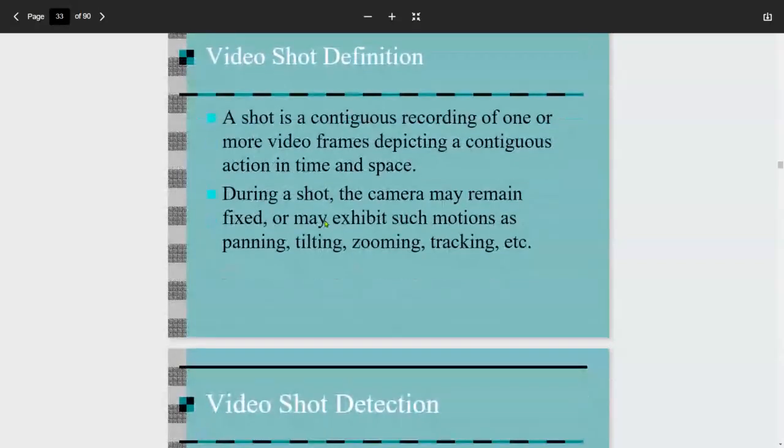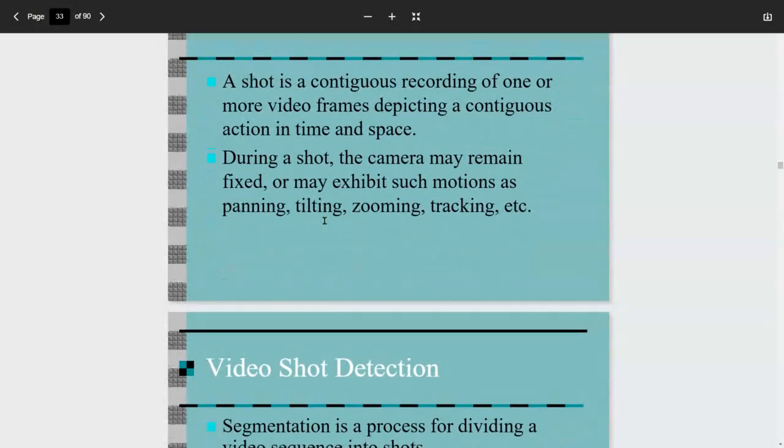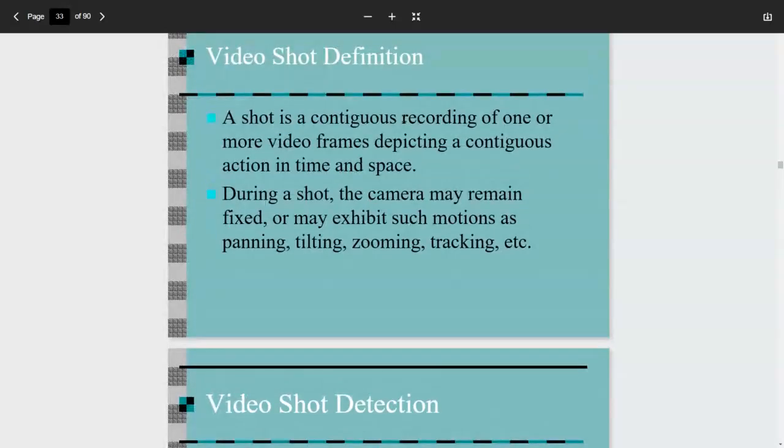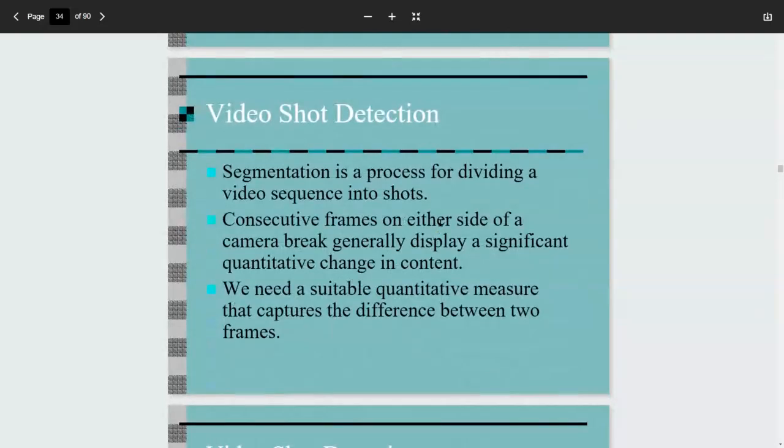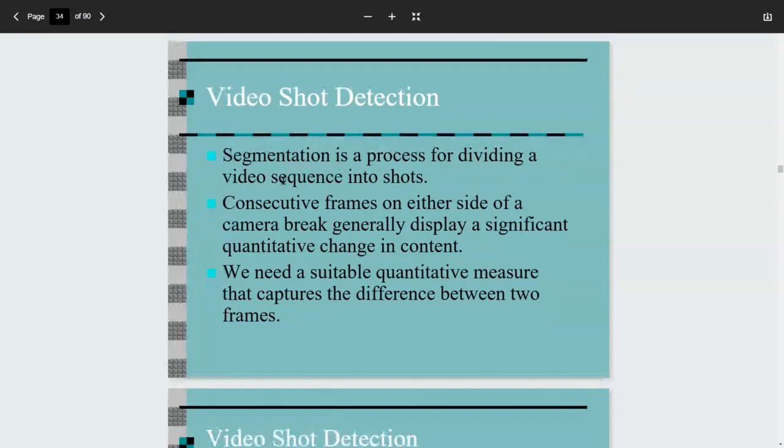So these shots, the individual units, can basically be just recordings or video portions of your video stream between camera cuts. This may be one way to look at it. Or these boundaries between shots can also be defined in more content-based ways, like capturing motion, the existence of objects when a new object enters into the shot, etc. So the segmentation in this case refers to the temporal dimension, segmenting in the time domain, in other words, grouping, categorizing successive frames into shots or units,